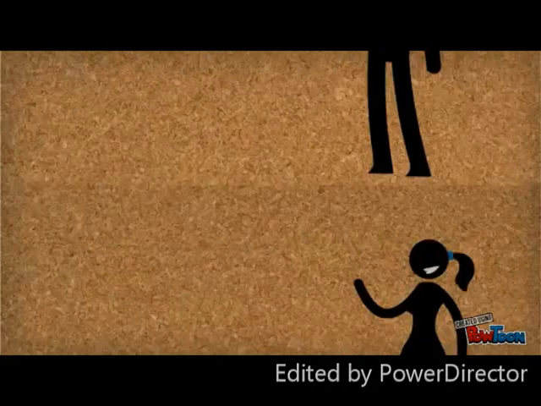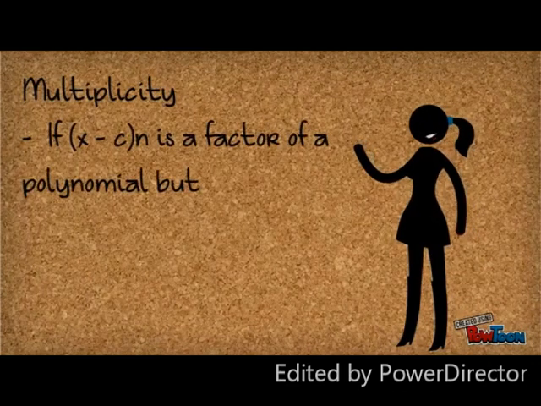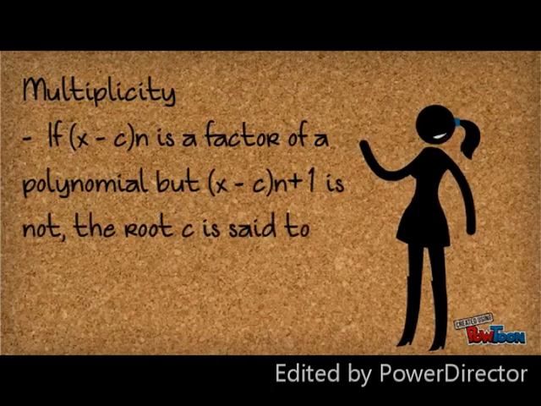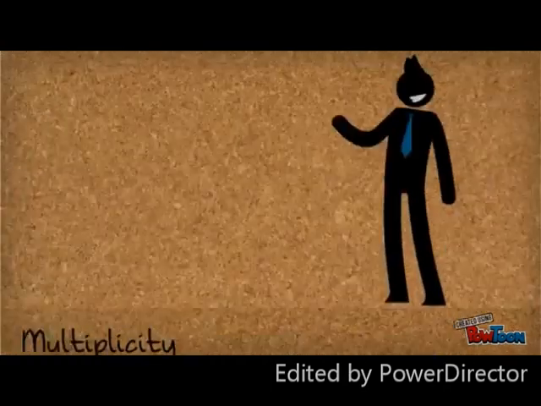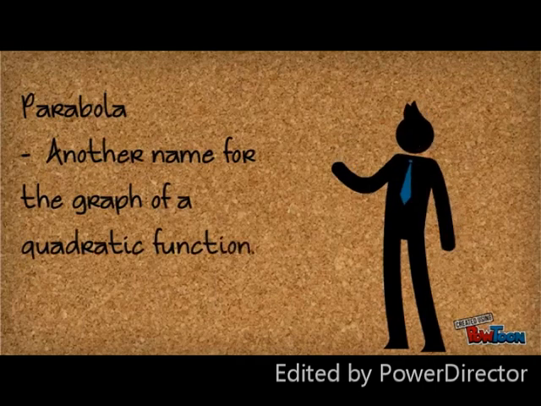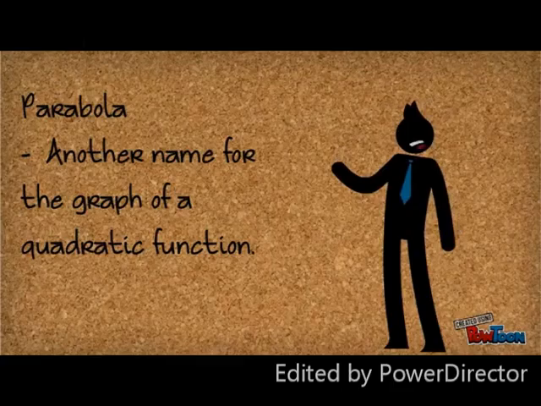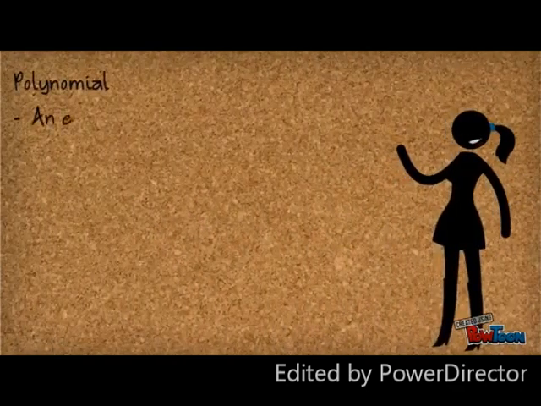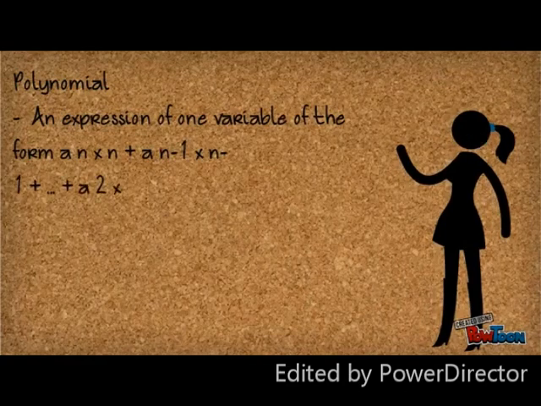Multiplicity. If the quantity x minus c raised to n is a factor of a polynomial, but the quantity x minus c raised to n plus 1 is not, then c is a zero of multiplicity n. Parabola. Another name for the graph of a quadratic function. Polynomial. An expression of one variable of the form